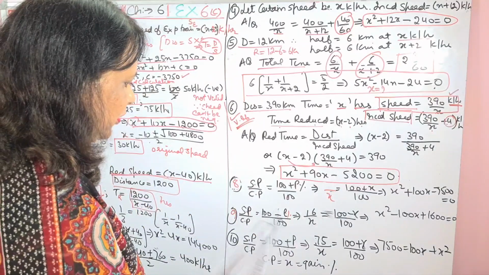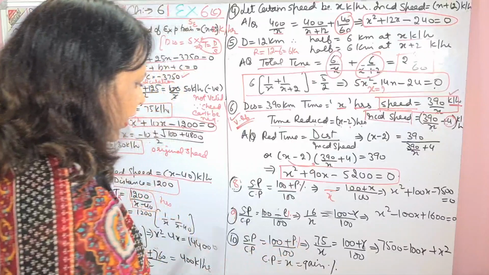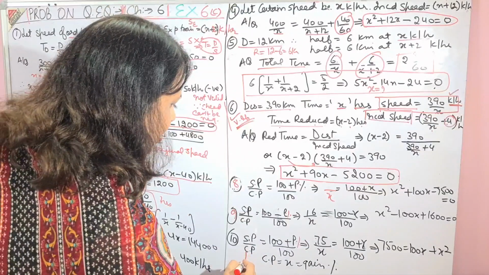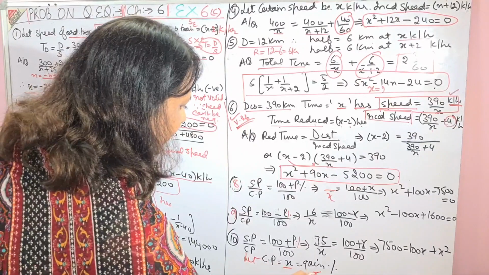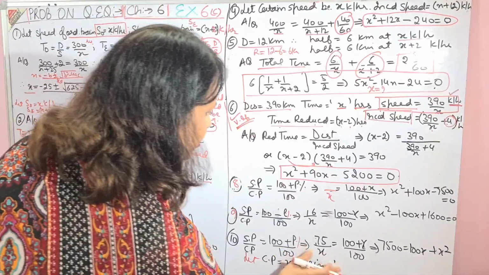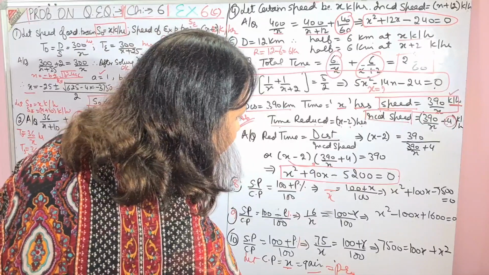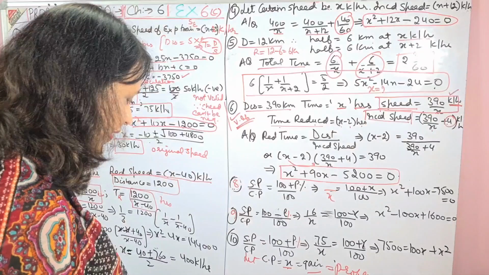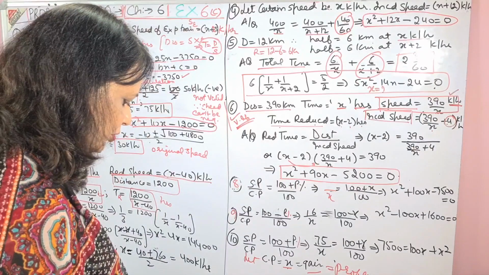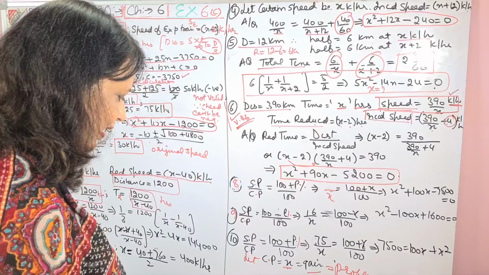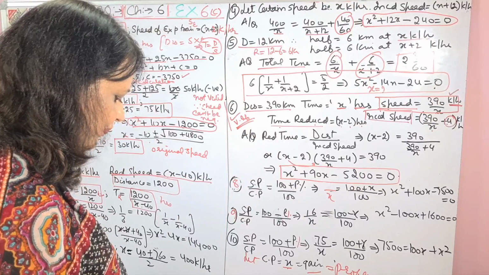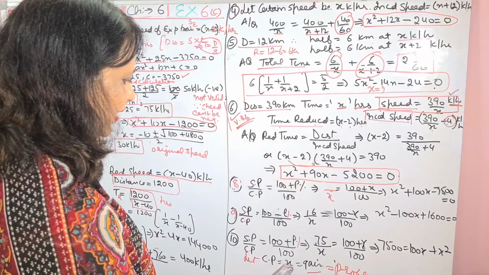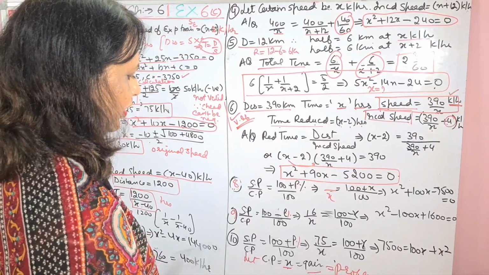See, 10th sum, it was profit percent. He says that a man's profit is as much as its cost. Let cost be x, that means gain percent is also x, or profit percent is also x. This is what I want to make you understand, that he said very neatly, written in the 10th sum. I am telling you the 10th sum, children, because I want you to do the 10th sum first. By selling a chair for rupees 75, Mohan gained as much percent as its cost. Let cost be x, so gain will also be, or profit will also be x.